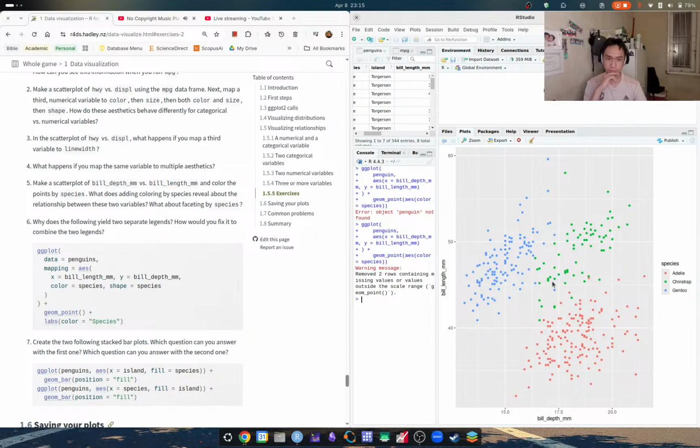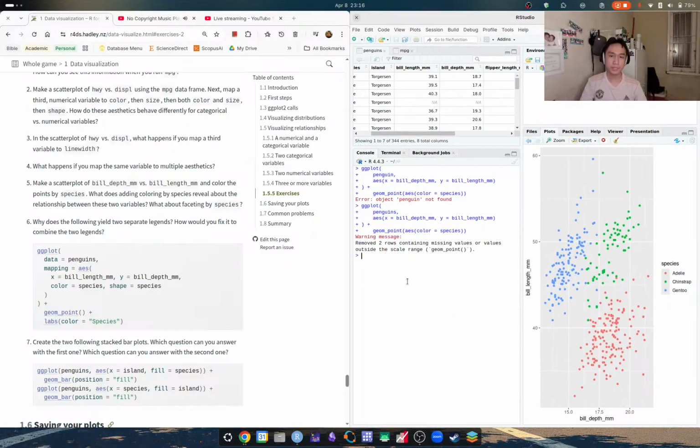Relationship for all species. We cannot generalize it, but for each species there is this kind of positive relationship. Right? It's kind of hard to see. However, if we facet it by species,